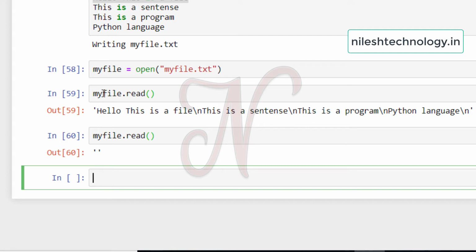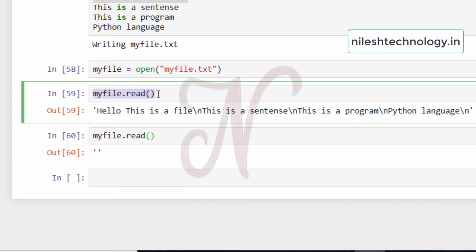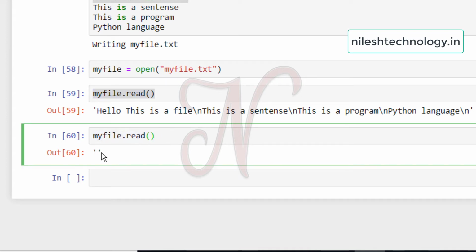When you use the read function the first time, my cursor goes to the end of that file, and when you use the same function again, my output is empty, because my cursor is at the end position. So nothing will print here.